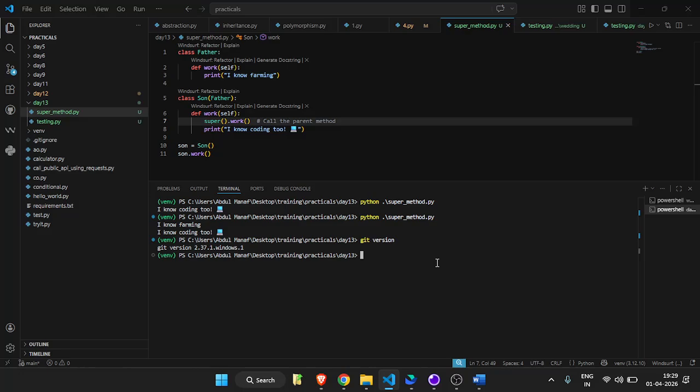One of the famous version control systems is Git. I only know Git, so only Git. Okay, so this Git